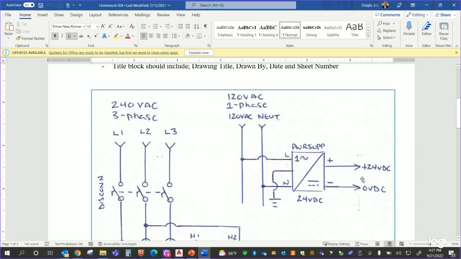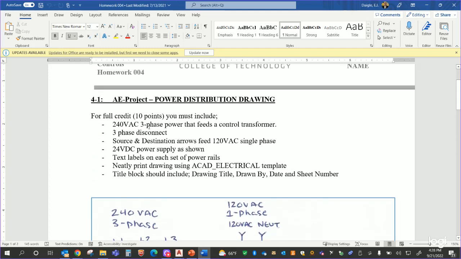Then I want you to go ahead and find the icon for a power supply. I want you to put an earth ground on the power supply. I want you to put plus and minus coming out of the power supply, plus 24, 0 volt DC. So essentially you're building the power distribution circuit. This can be one drawing that you're going to do. So 240, 3-phase, 3-phase disconnect,